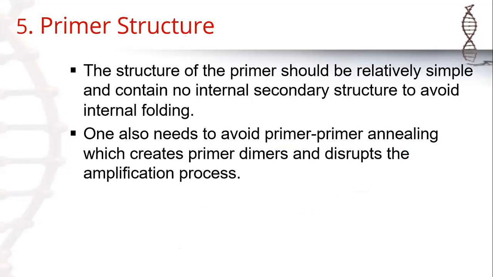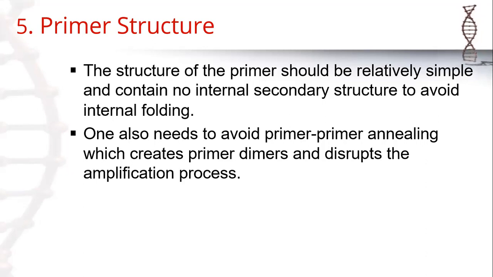And next is the primer structure. When we are designing the primer, the structure of the primer should be relatively simple and contain no internal secondary structures, to avoid internal folding. If the primer contains an internal secondary structure, it can fold by itself, which affects the yield, because it will not anneal to the template DNA, so the reaction will fail and we cannot get any yield from the PCR reaction. And one also needs to avoid primer annealing, which creates primer dimers and disrupts the